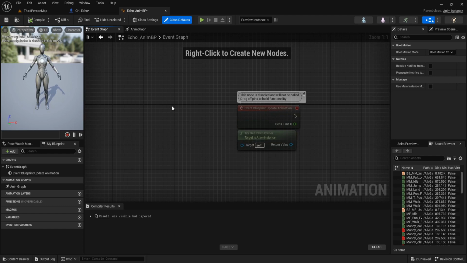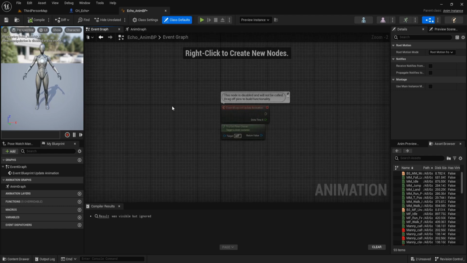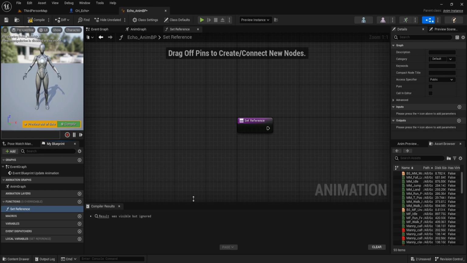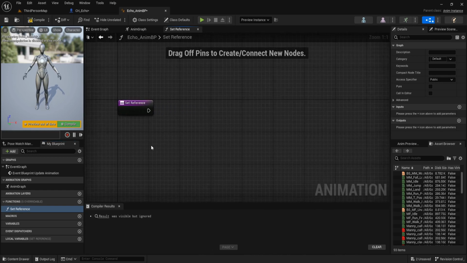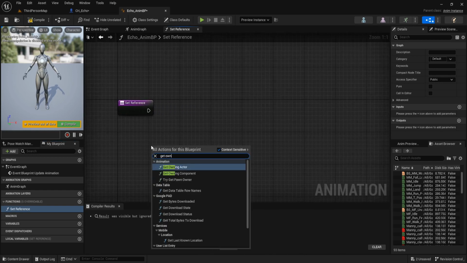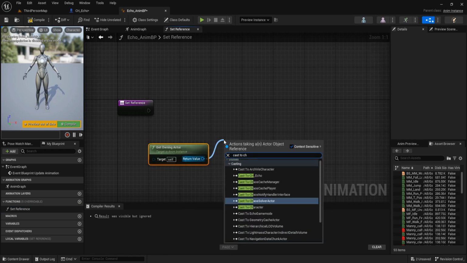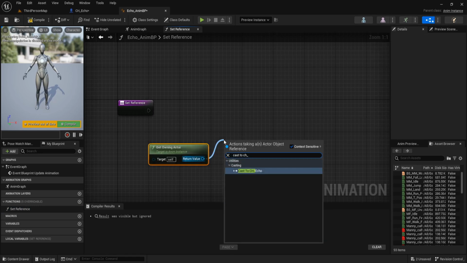Go to event graph. Add new function. Name it set reference. Then get owning actor, cast to C8 Echo.